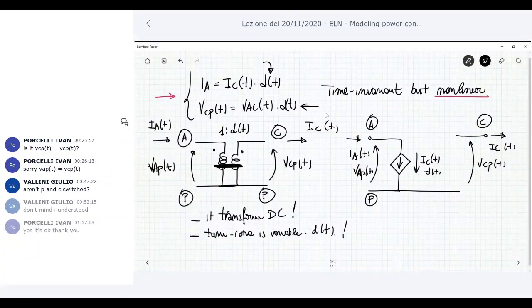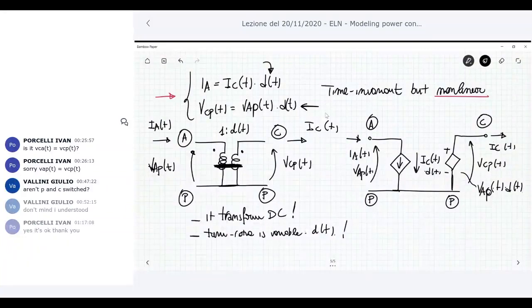So you can recognize that this is a voltage-dependent voltage source, which has gain VAP, sorry, multiplied with the duty cycle. Okay, so you can use both of those two models in our circuit, but this